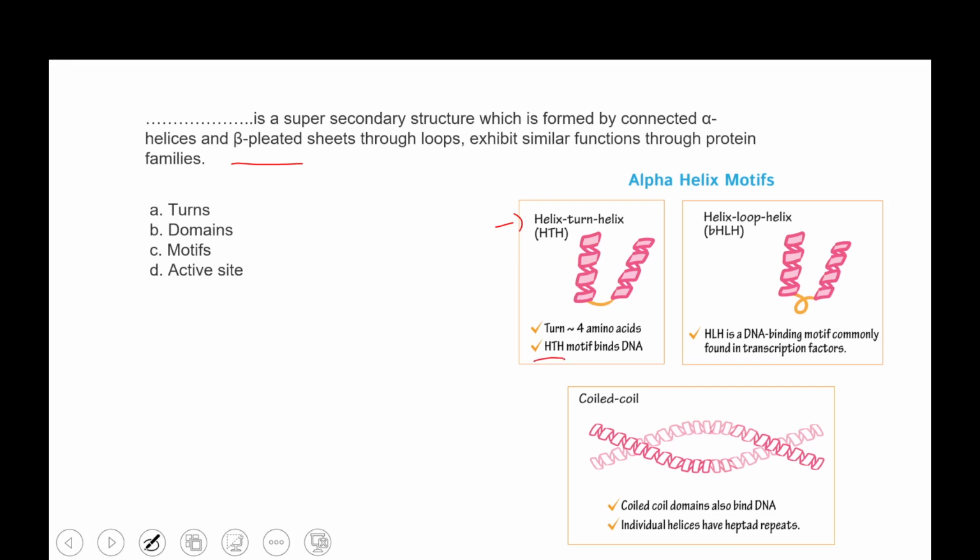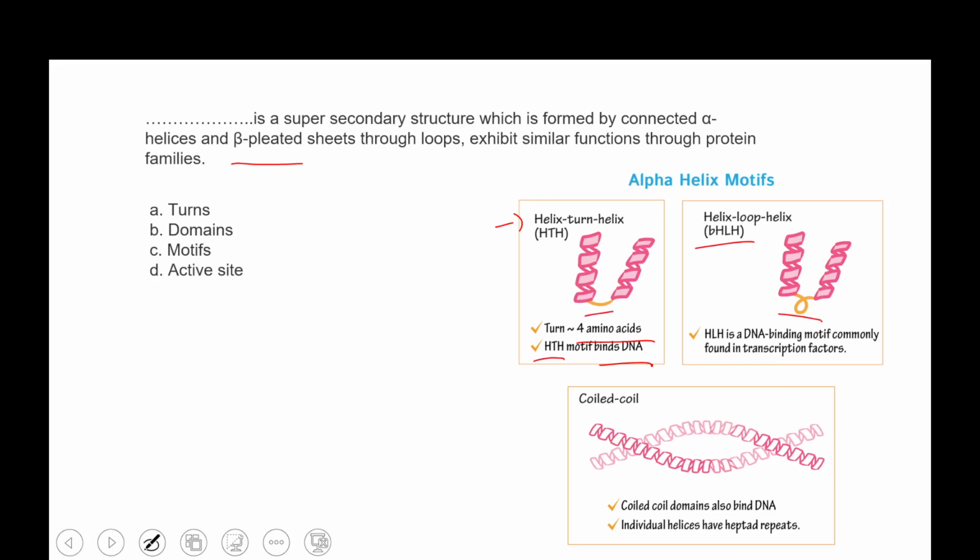This HTH motif is known to bind DNA, as it has a turn of approximately 4 amino acids, which is a structural requirement. And helix loop helix, where this is the turn making a loop,